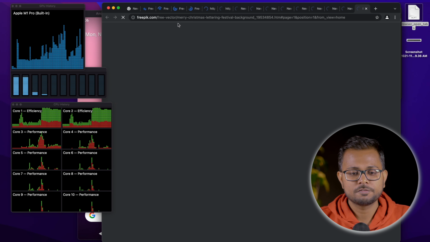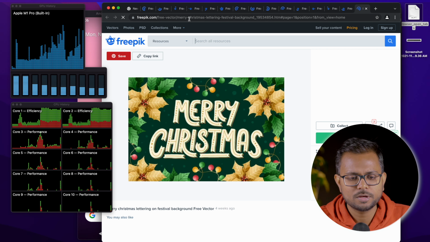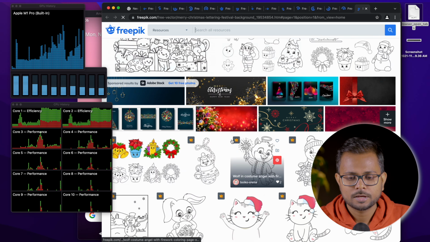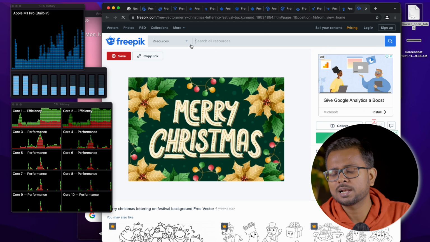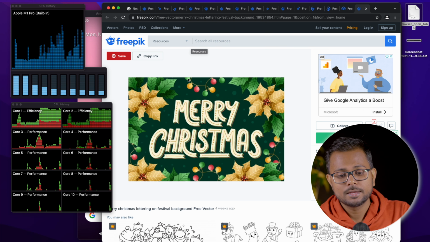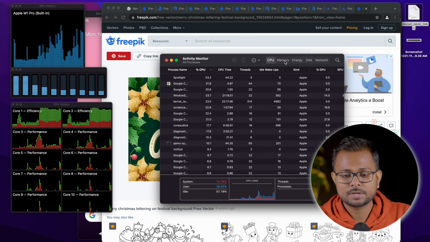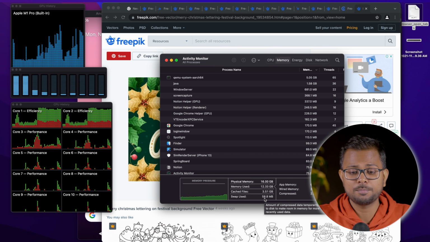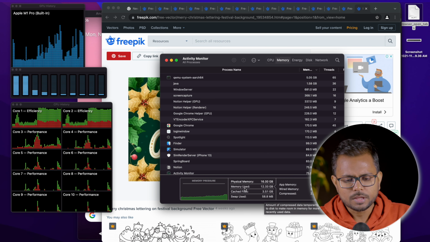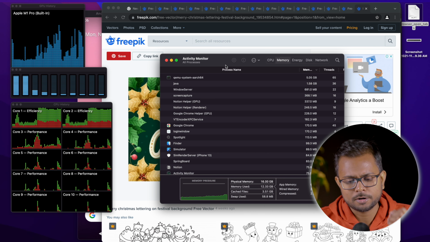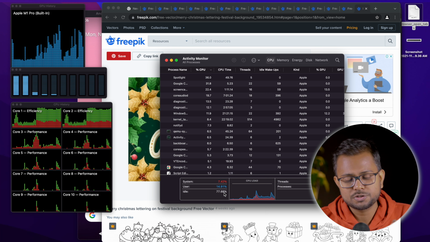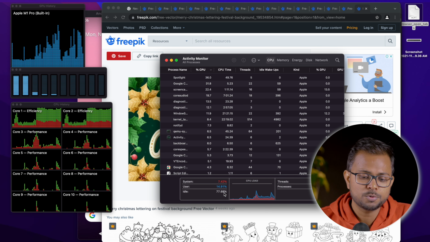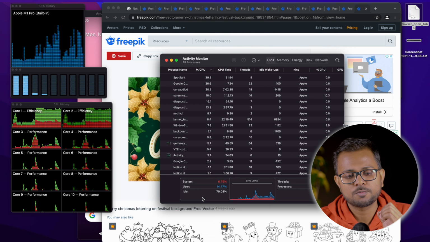So here we have 15 Chrome tabs open, and by the way, these are FreePic Images website tabs that actually consume a little bit more RAM. So let's get to the RAM consumption. We can see that it's around 12 gigabytes. Still the swap hasn't started. It's just around 50 MB, that is megabytes. So still we have a lot of space. In the CPU utilization, we still have 76%, 78% CPU idleness. That's more space for performance.